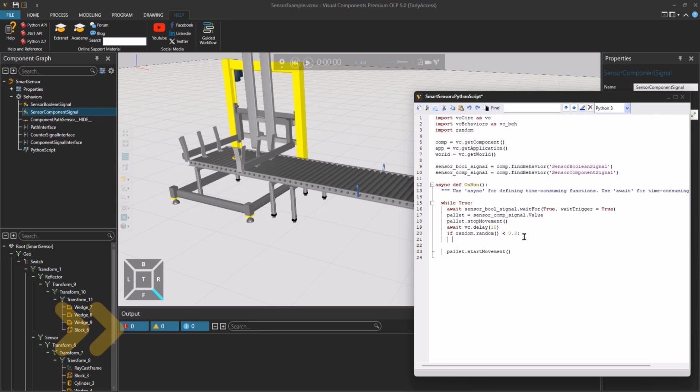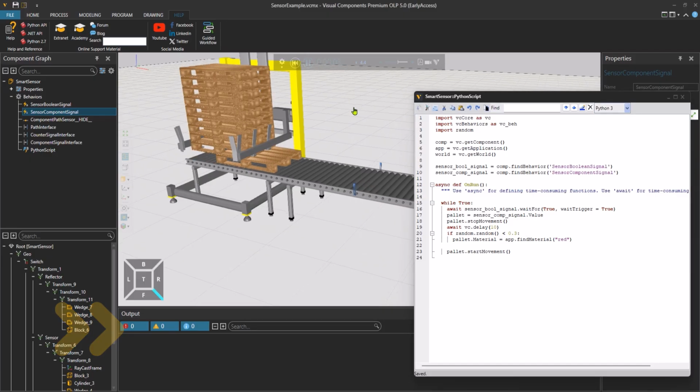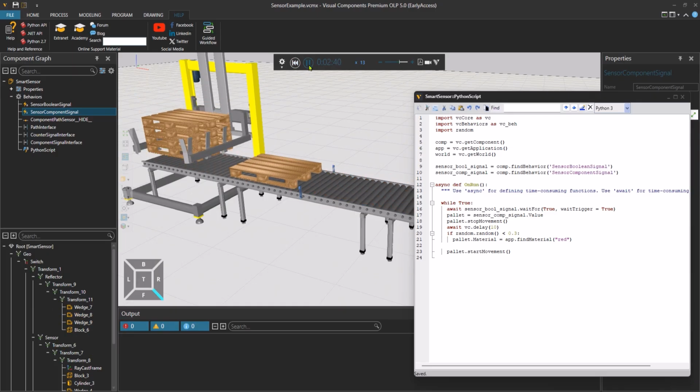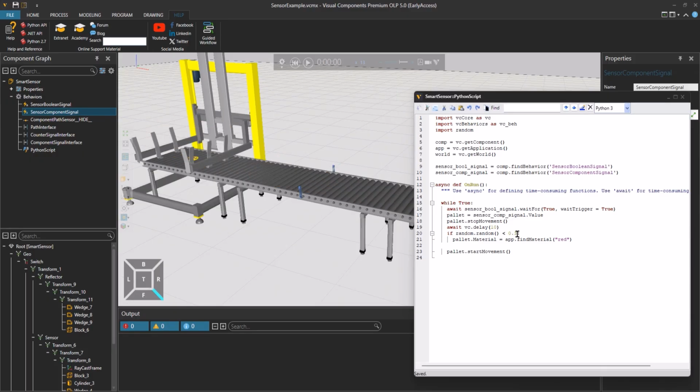We want that this pallet material would turn red in case the failure happens. Let's speed up the simulation. Yes, we got one and the second. So now we have a 30% chance of getting a failed product.